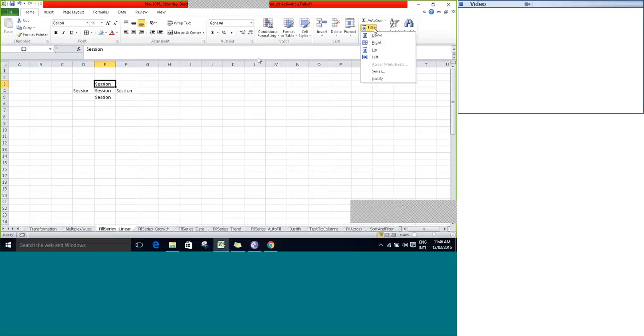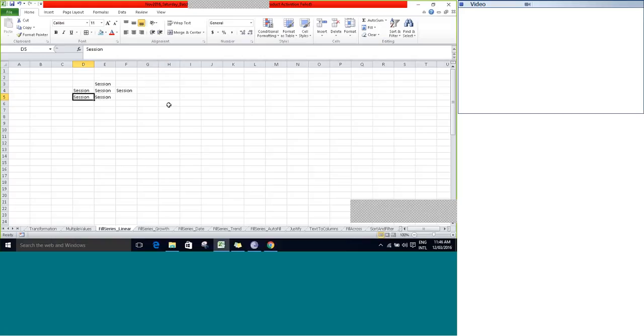Based on your reporting need, you can use the different options available here. So these are all the simple options available. Without that, you can also copy some data, and we know the concept of